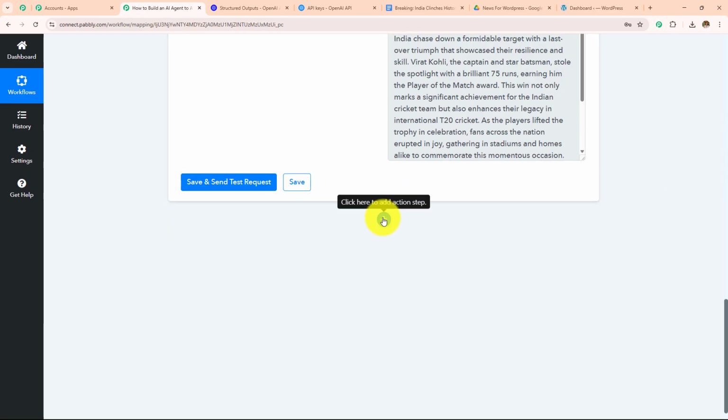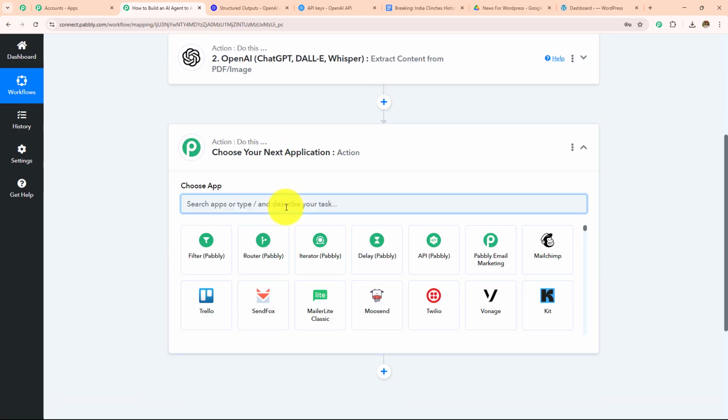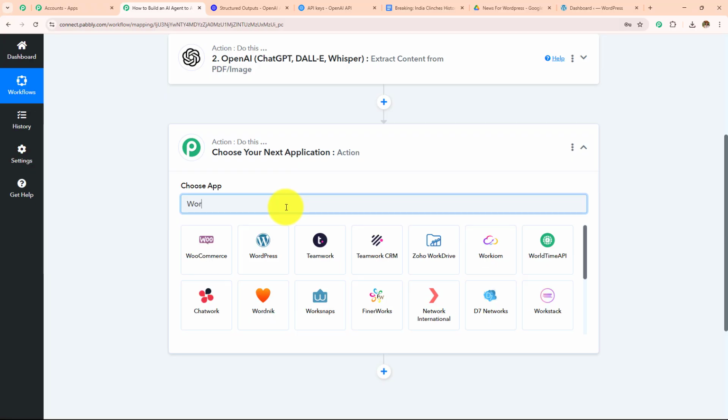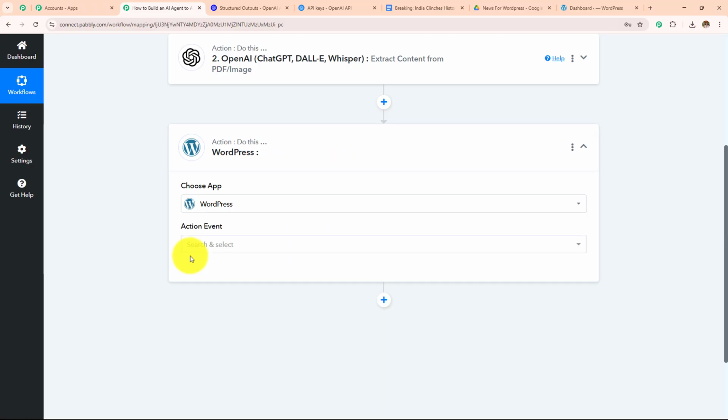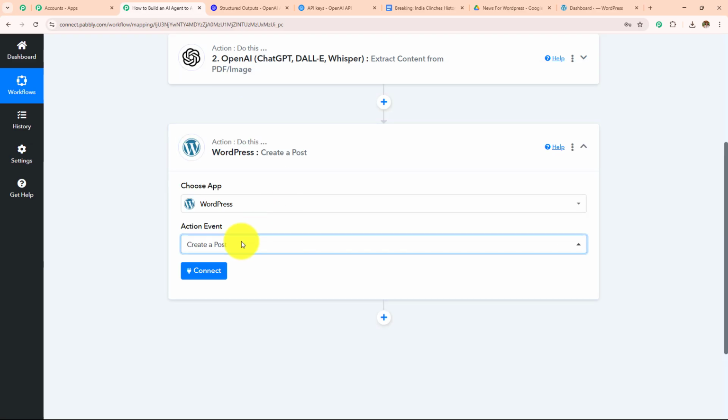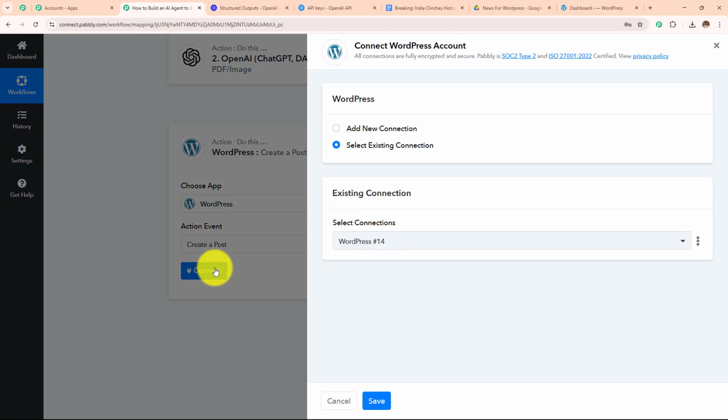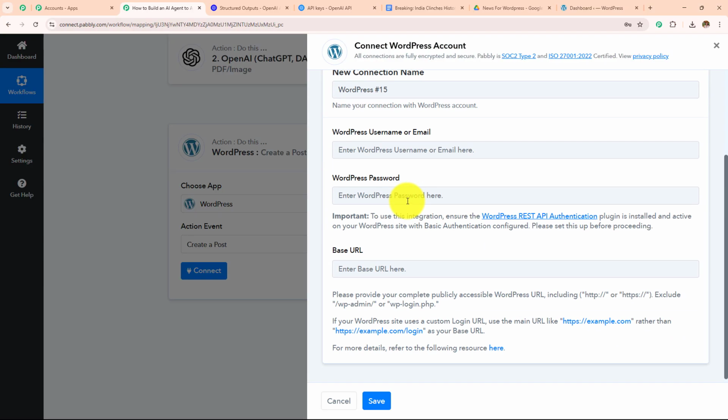And to post this on my WordPress, I'm going to click on this add action step button, and then in my action application I'm going to search for WordPress, and then in my action event I'm going to select this as create a post and then click on connect. If you have an existing connection, go with save. If you don't have one, click on this add new connection, and now to make this connection we have to